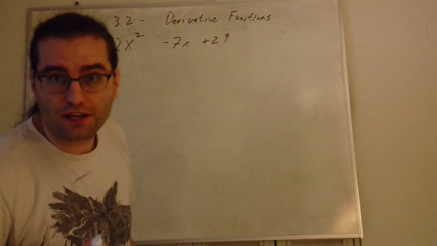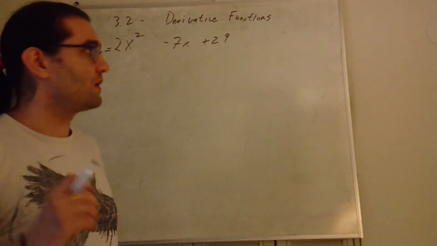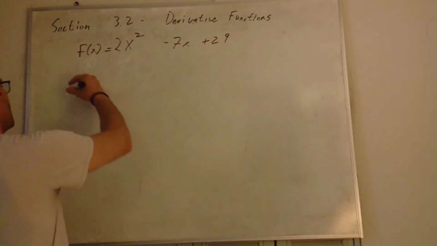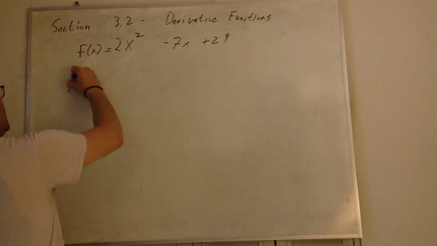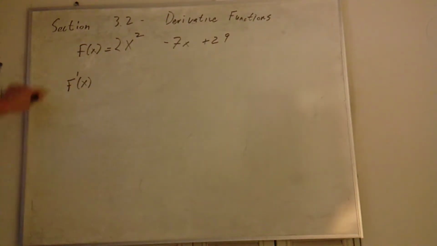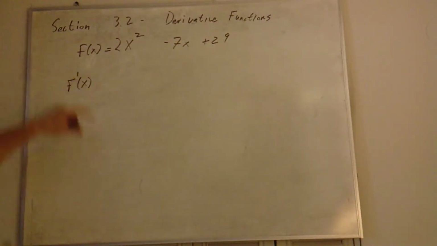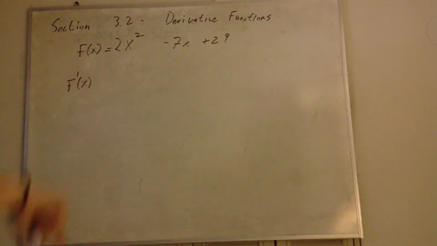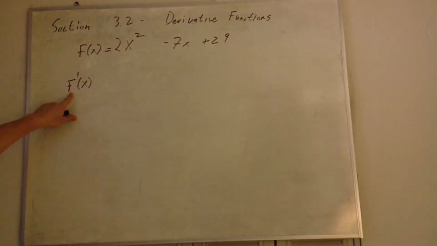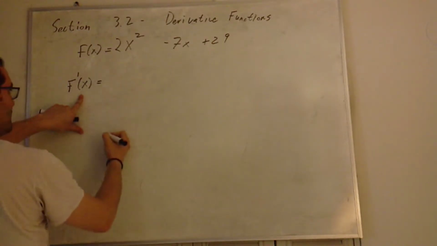The other fun thing I need to introduce is some notation for derivatives. For now, we are going to call the derivative function f prime of x. Prime is like you put a little apostrophe on top of the f as if it was a subscript. This isn't the number 1, it's just a little dash. It's like an apostrophe. So this is read f prime of x. It means the derivative function, and